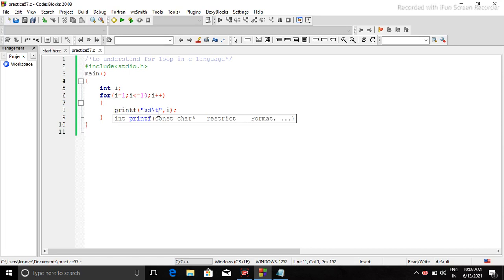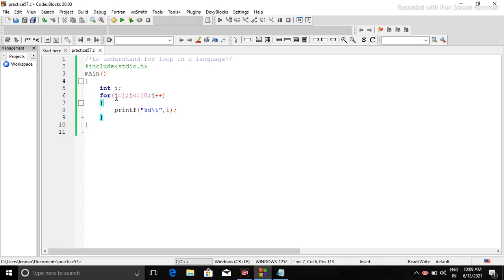After printing this, the control will move to this point, and I will be incremented by 1, so I becomes 3, and then the condition will be checked. 3 less than or equal to 10, the condition is true, so the program will print the value of I.